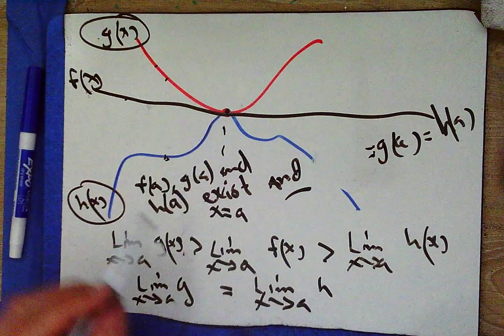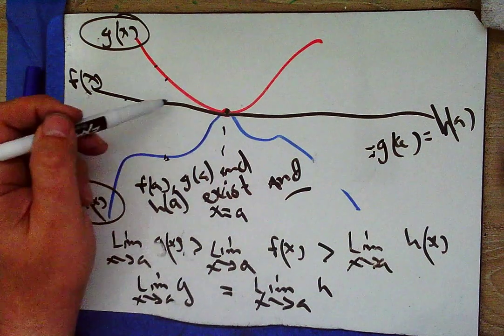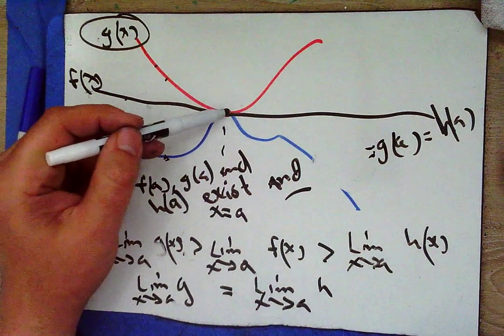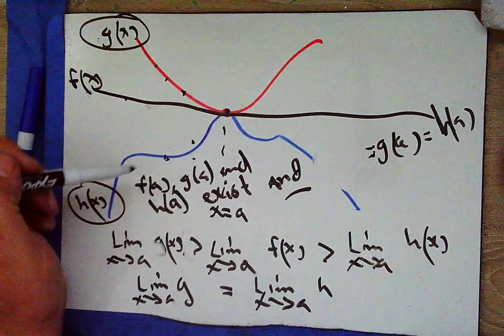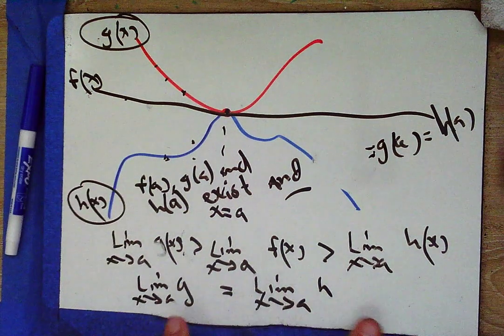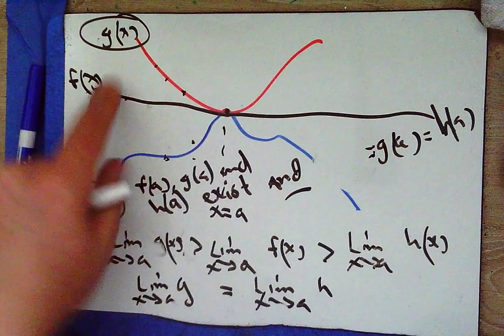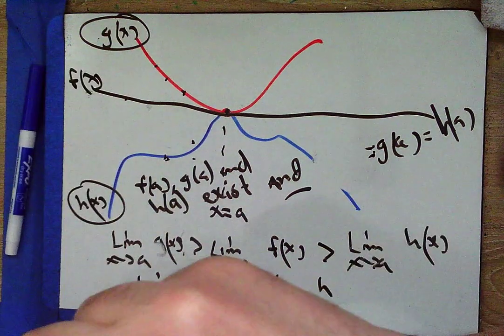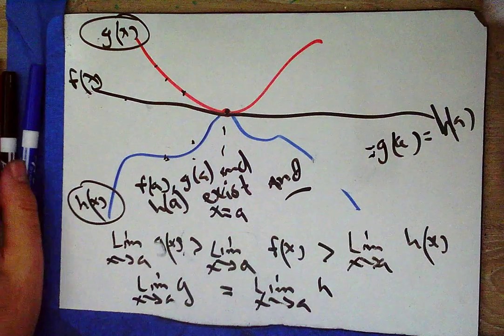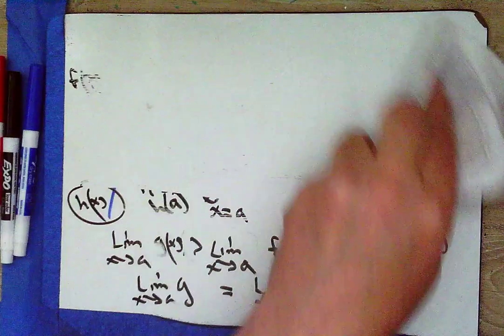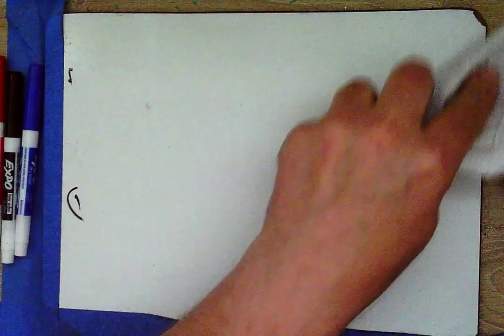We need to know that what we're talking about is this one has to have the same y value as these other two because the limits are the same on these, and we show that this one is in between those things. Okay? So now I'm going to show you a proof of this. Here we go. So I want to prove,